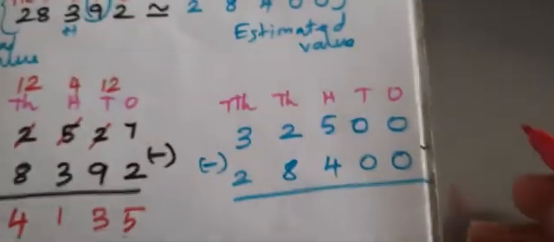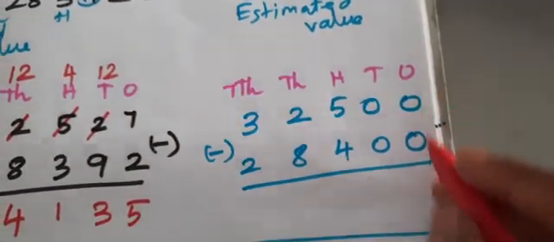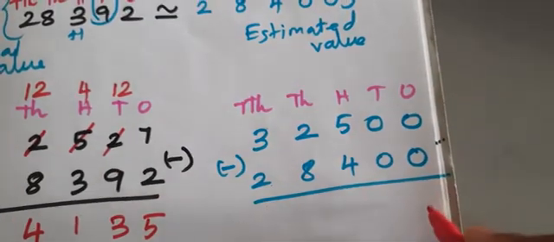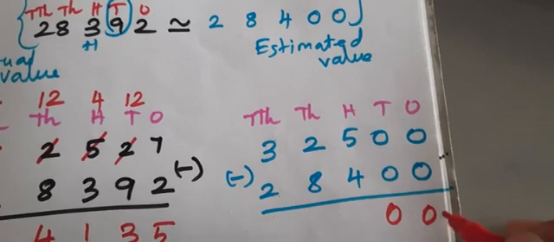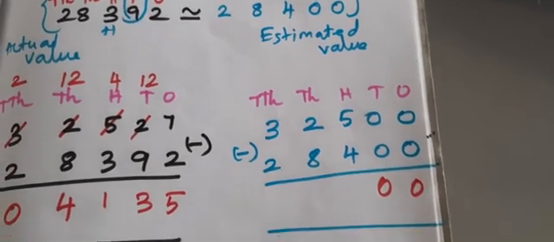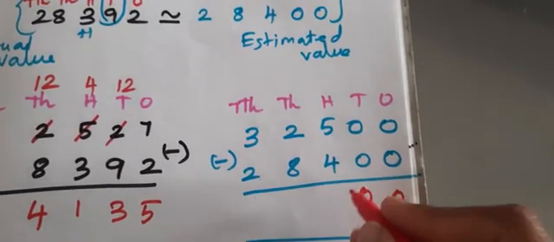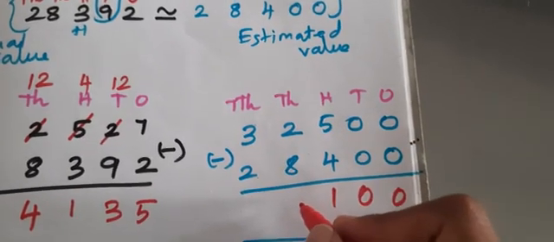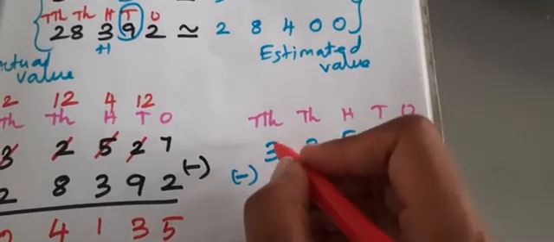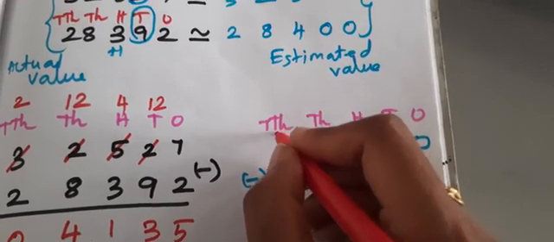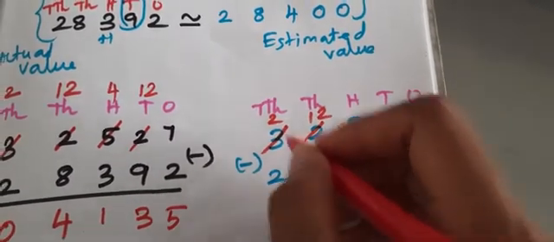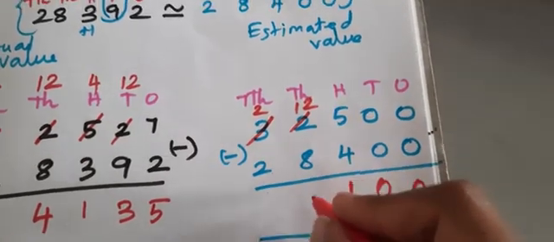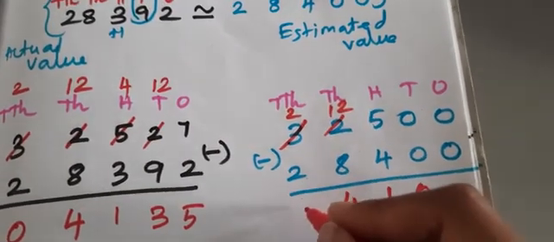Okay. Next one. Proceed from 1's place. 0. Again it is 0. 5 minus 4 is 1. 2 minus 8. It's not possible. So you have to get help from the 10,000 place. So it will change to 2. 2 is changed to 12. So the answer is 4, 0.